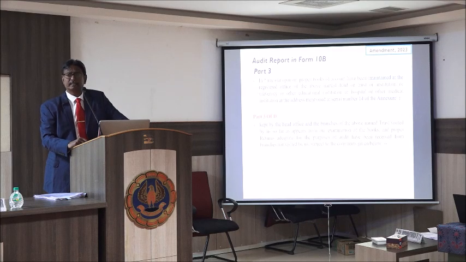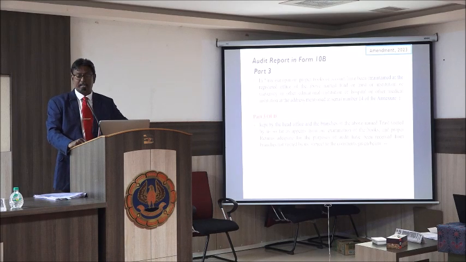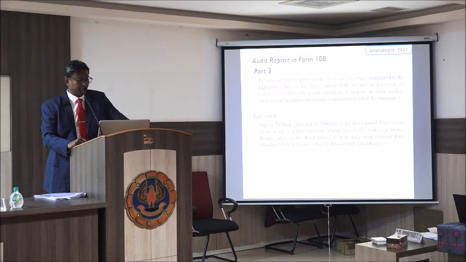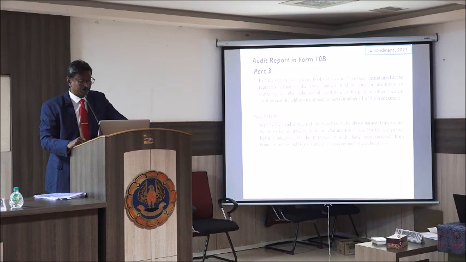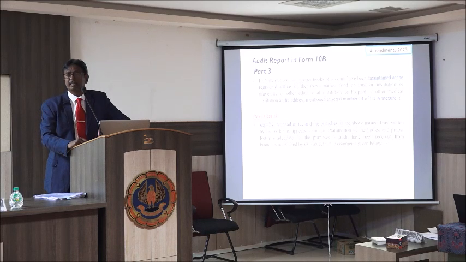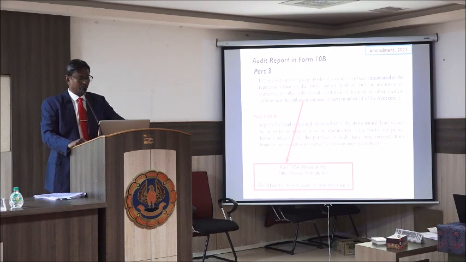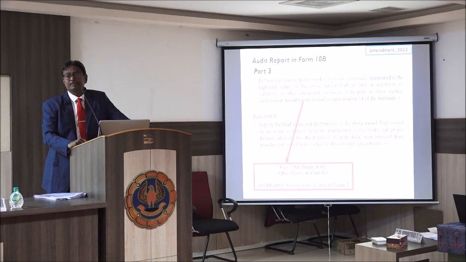What was earlier in form 10B? The books of accounts kept by the head office and the branches of the above named trust visited by us, so far as appears from our examination of the books, and proper returns adequate for the purpose of audit have been received from the branches not visited by us, subject to the comments given below. They never asked for the address of the branches where the books of accounts are maintained. They would simply say, wherever the branches are there, I have visited and collected the information, and if I have not collected it there, they have given it to me. Simple, very simple. Now, rule 17A says your books of accounts have to be in your registered office, RO.